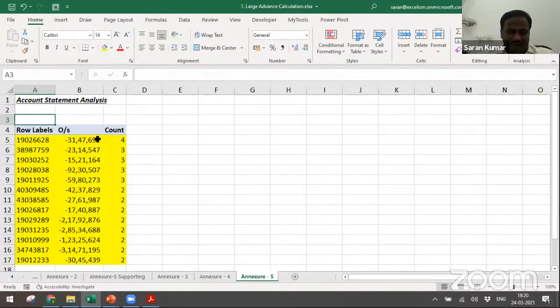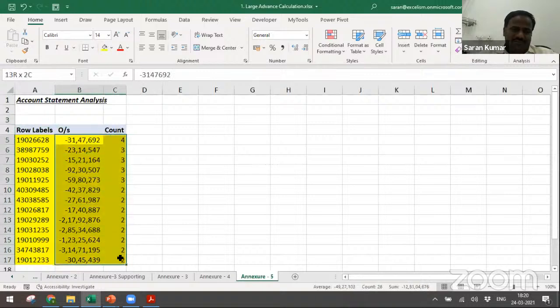Let me tell you a way. In this case, let's say in all these accounts, there is a lot of funds movement from one account to the other accounts without any proper supporting document or proper rationale. If this entire portfolio is like 12.5 crore, 13 crore, and the total is almost 20 crore, out of the loans it may be 20%.